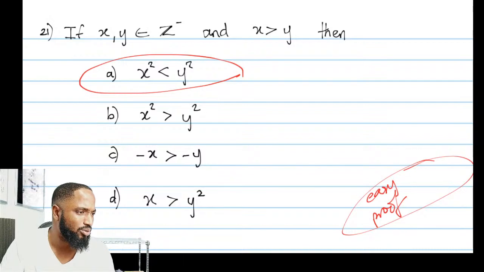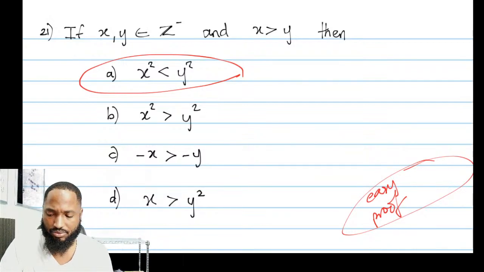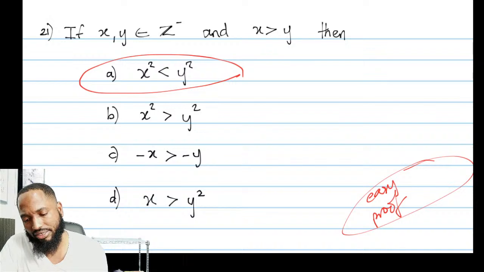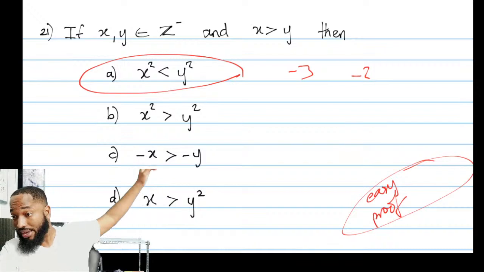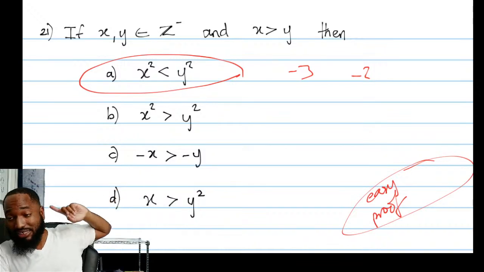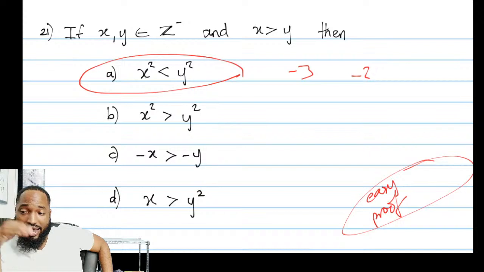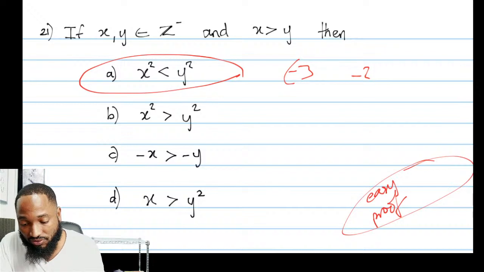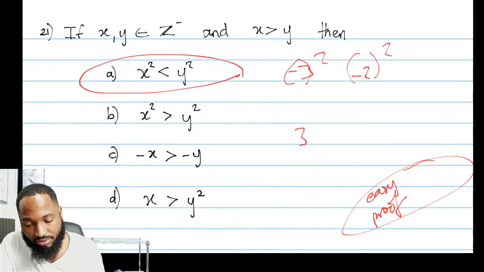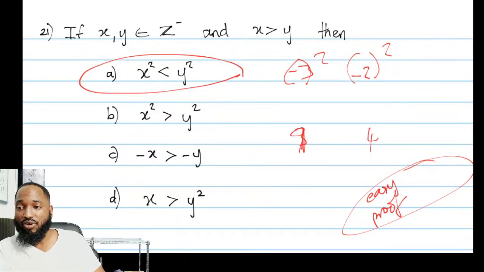Why are people saying B for this one? So, alright, x is greater than y, right? So it is negative, you trick that. Say x is negative 2 and y is negative 3. X there is greater than y. Negative 2 is higher than negative 3 on the number line. But if I square that, all of a sudden the negative 3 will start to shine. It will go to 9 and 4. So 9 is greater than 4 now.